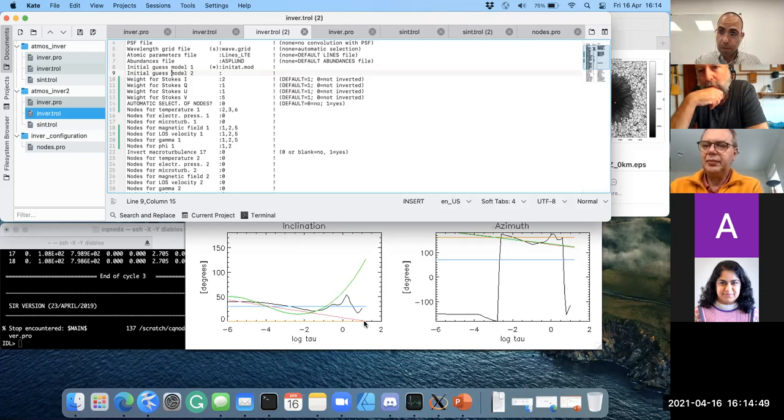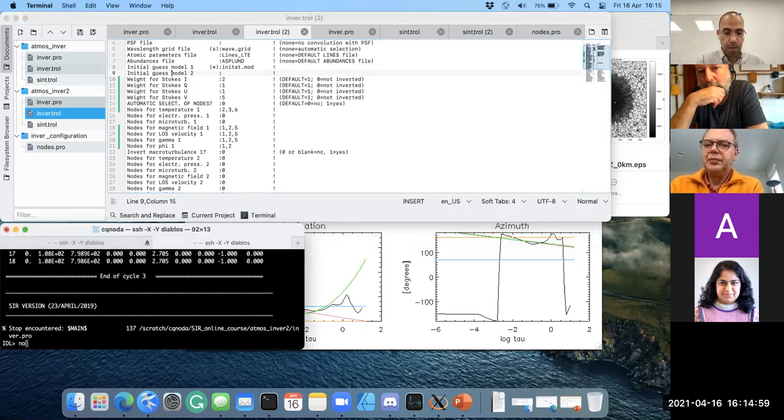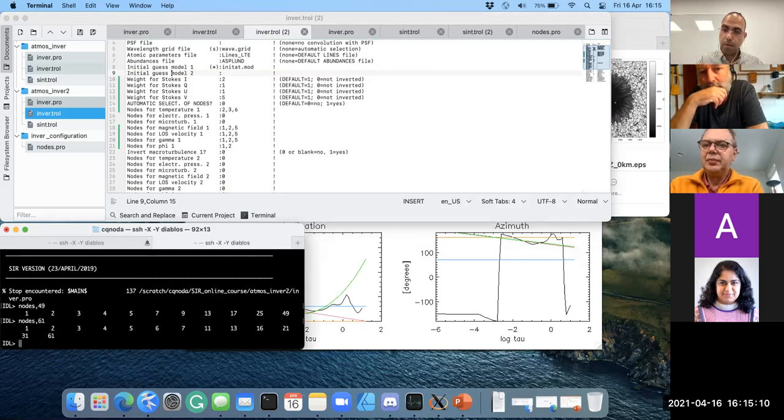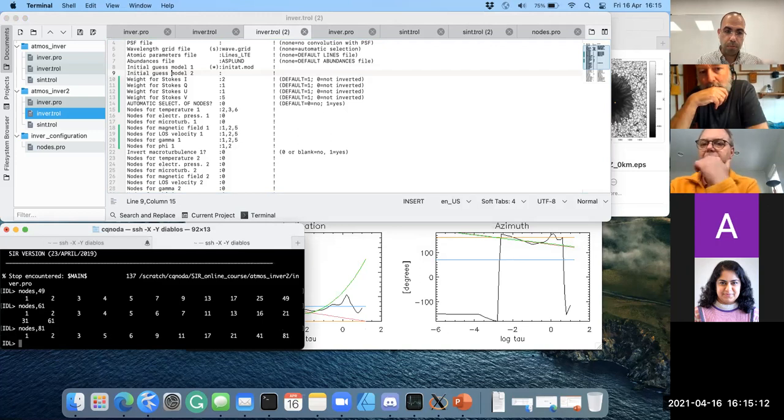The idea is that this goes in steps of 0.1 in log tau. So if you start, for example, from -1 and go to -4, I think it's 49 points or something like that. So you could pick 49, or if you go a bit higher, like Vasilio was saying, 61. We had 81, so if you just remove 20, you would probably be around -4.5, I think. And then this will be perfect